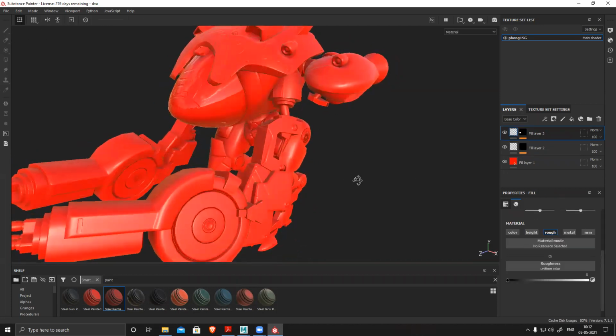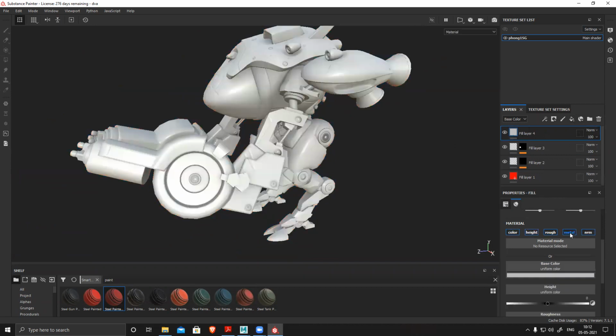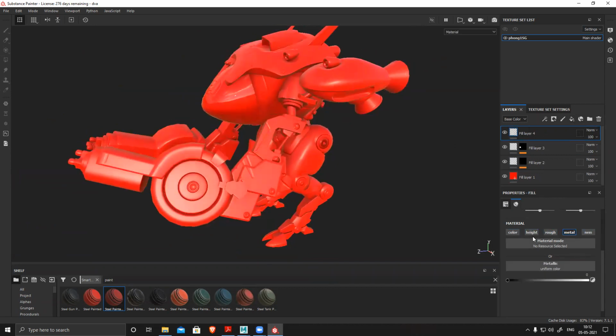Now it's done. And now suppose this all looks plasticky. Now I want to make a few things metal. So alt click on the metal, only metal. I can modify all of them at once in one layer, but just to make you understand, I'm doing it in a separate layer so that you understand clearly what is happening here.